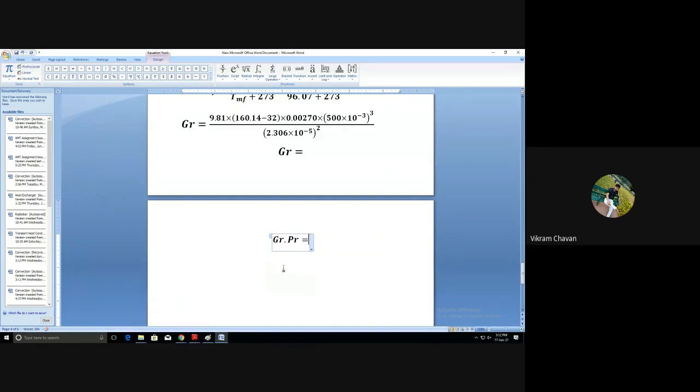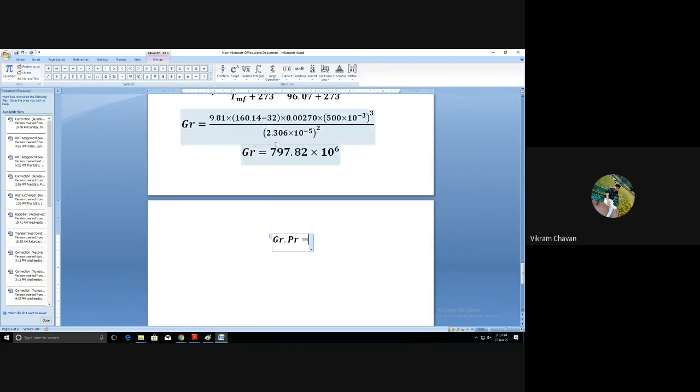Yasar has put up the Grashoff's number value, right? Yasar, this is the Grashoff's number value, no? 797.82 multiplied by 10 to the power 6. Yes, sir. If you are getting the same value, then no problem. If you are having a different value, then you can put your value in the chat box, no issue.